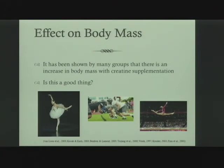And then we have Gabby Douglas over here, who obviously has the ability to produce great amounts of force, power. She's very small, though. And that's one of the things that makes a very good gymnast: they're very small, but they have a high force to body mass ratio. So if she gains body mass,